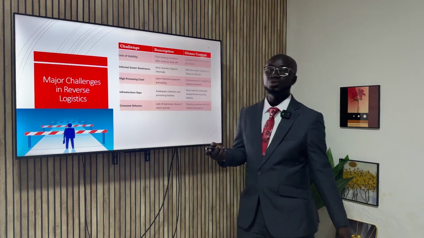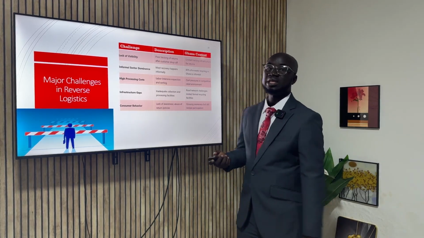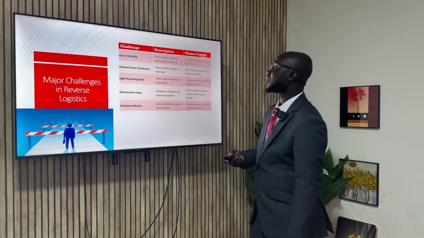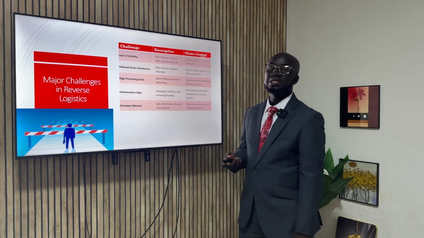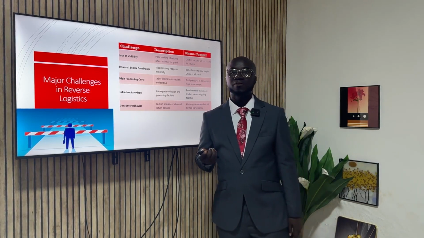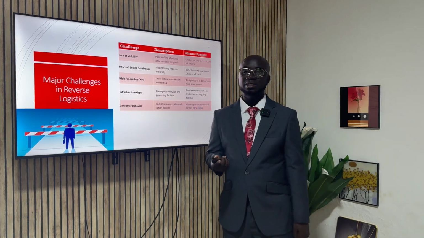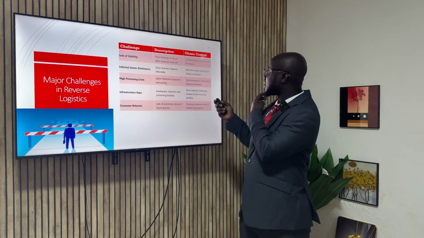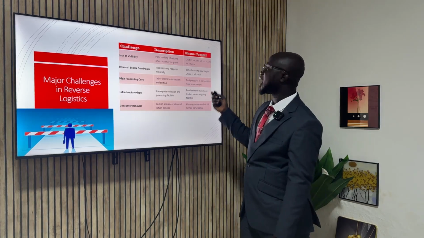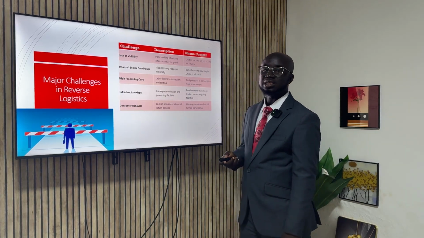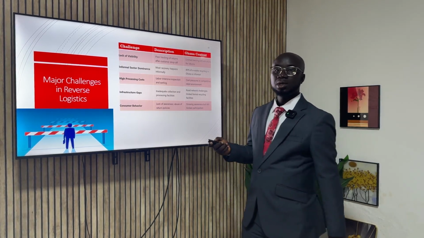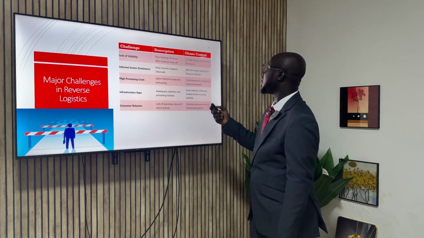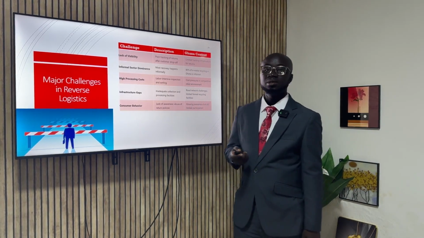Despite progress when it comes to reverse logistics, there are significant challenges that we cannot overlook. We are looking at lack of visibility. The lack of visibility makes it so hard to track items or returns. Also, if you look at the dominance of the e-waste system, 80% of e-waste recycling in Ghana is informal. This helps create quality and safety concerns, because there isn't any regulation or guidance when it comes to the recycling process.